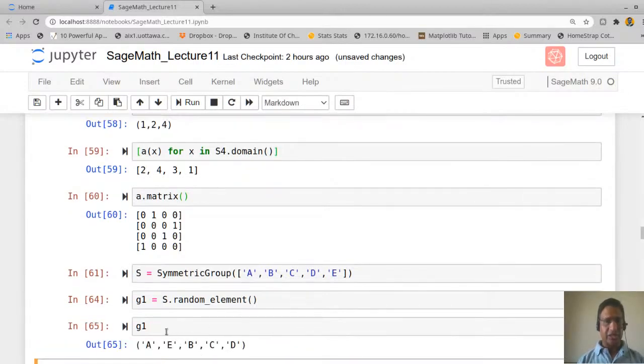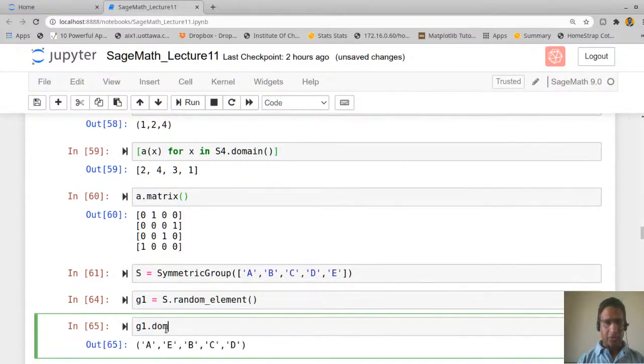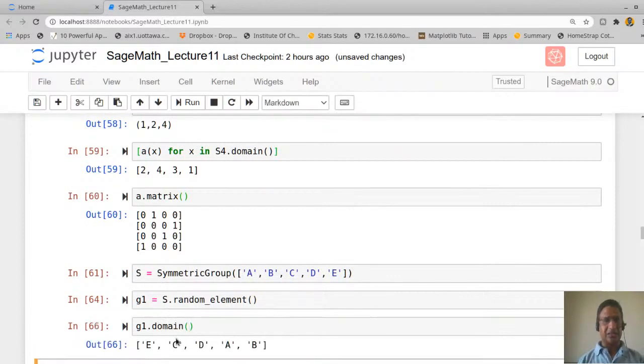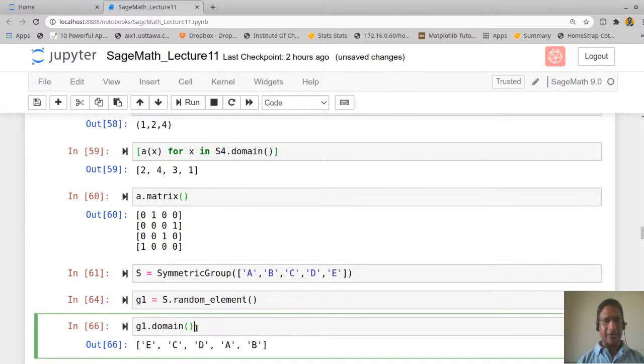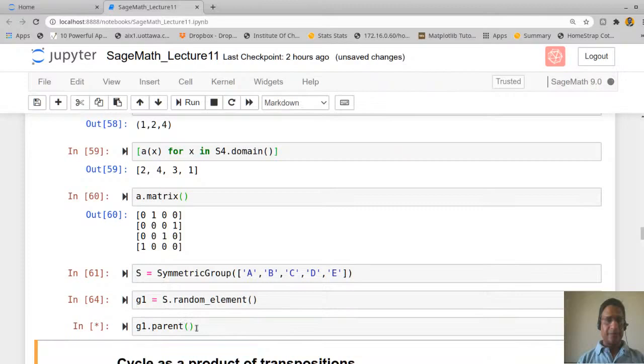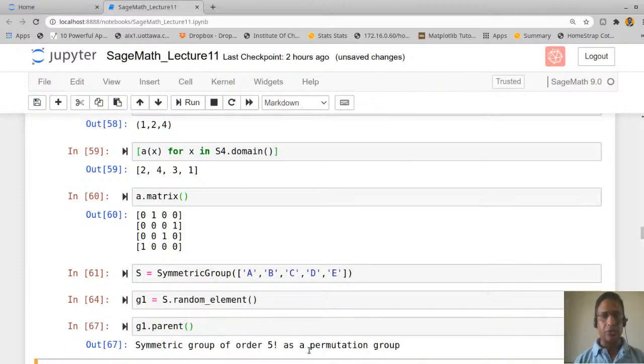G1 will have changed, and if I say G1 dot domain, this time it will say A, B, C, D. And if I say what is G1 dot parent, then it is coming from the symmetric group of order 5. We will come back to this more when we do more computations in this group.